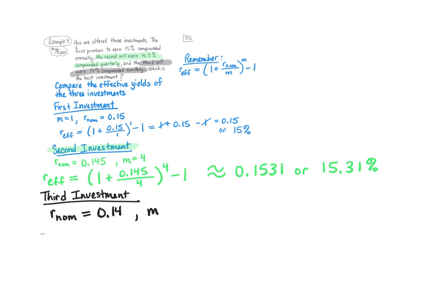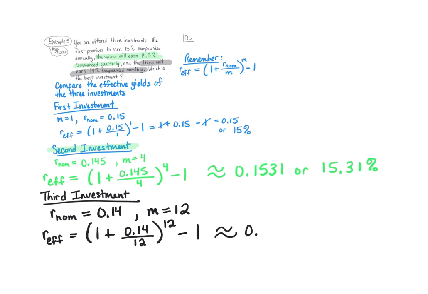And M, since it's compounded monthly, is equal to 12. So our effective interest rate is equal to the quantity 1 plus 0.14 divided by 12, this entire quantity raised to the 12th power, minus 1. Whenever you enter that into your calculator, you get approximately 0.1493, or in other words,